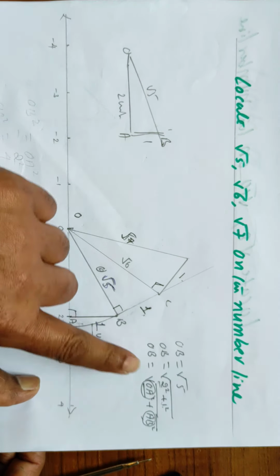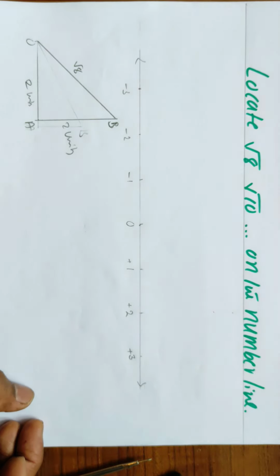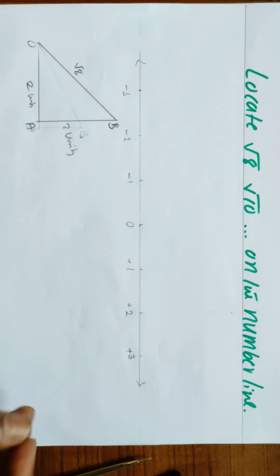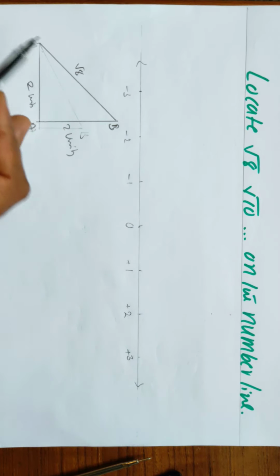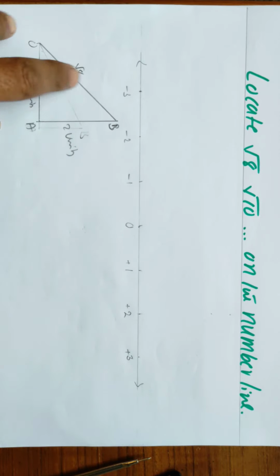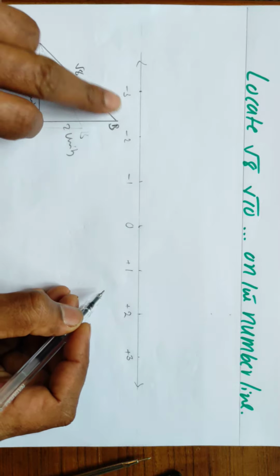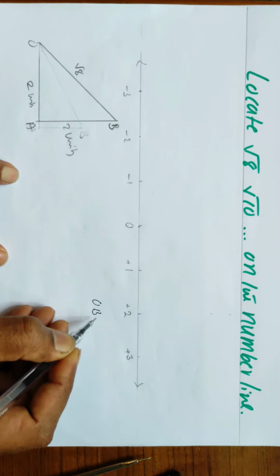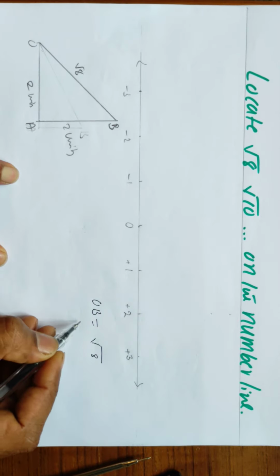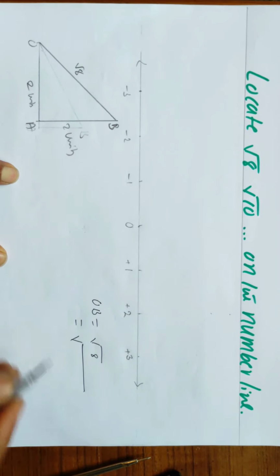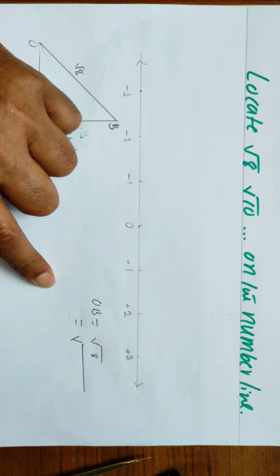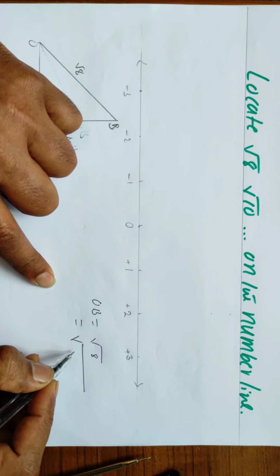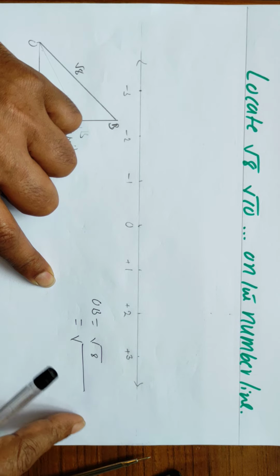Once again, apply the same method. See here, to have hypotenuse root 8. Here, hypotenuse is root 8. I have shown that the hypotenuse is root 8. So in triangle OAB, let me write, that is OB, hypotenuse is root 8. In the previous case, try to write 8 as the sum of the squares of two numbers. So it is 1 square plus 1 square, it is 2.